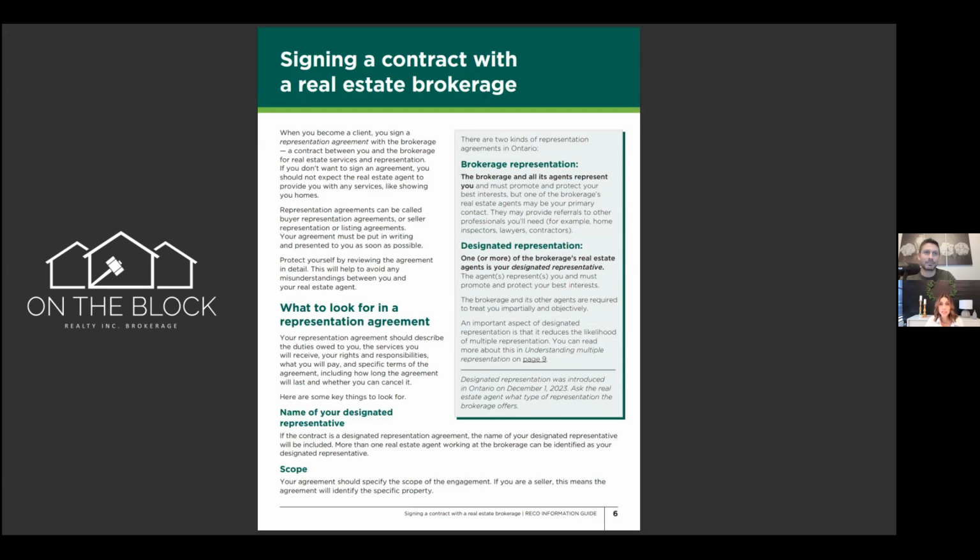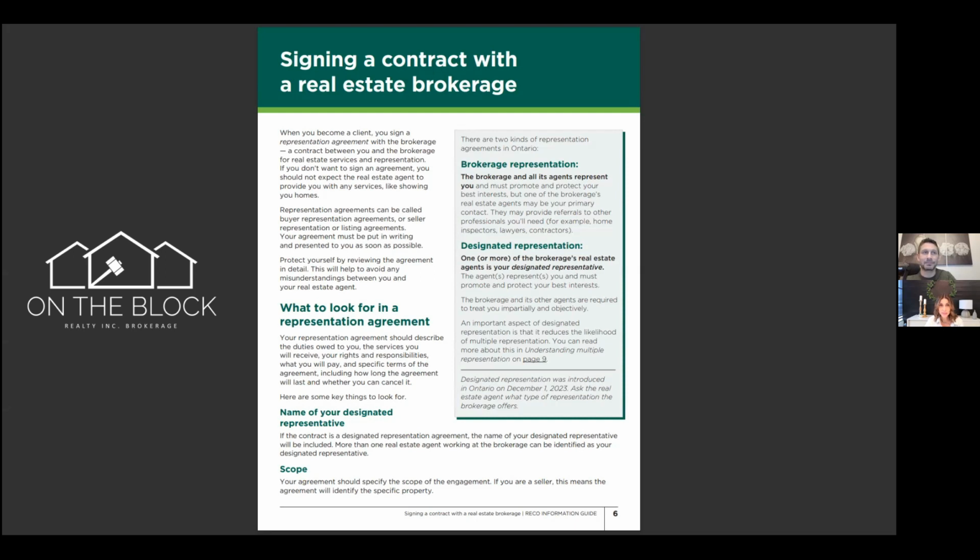A brokerage can elect to represent its clients using these two approaches, but it's important that you understand the difference between the two as they impact the way your interests are represented and specifically who your client relationship is with. In brokerage representation, you are a client of the entire brokerage, and all members of the brokerage must protect your best interest. This means information may flow freely through a brokerage, but all agents and staff owe the same duty to you as a client.